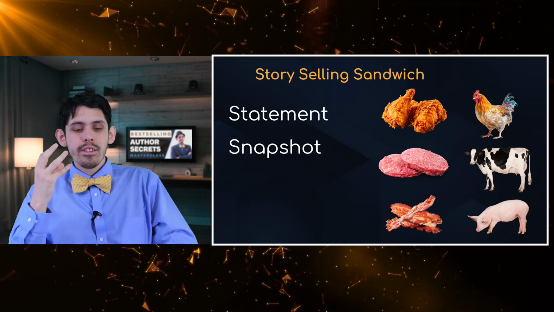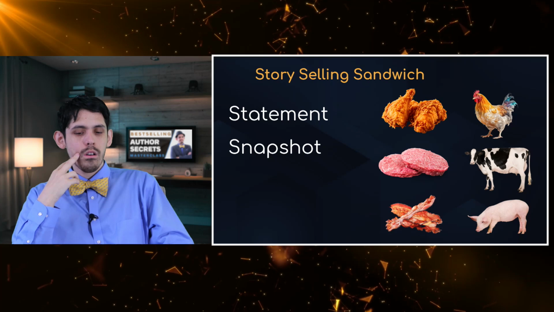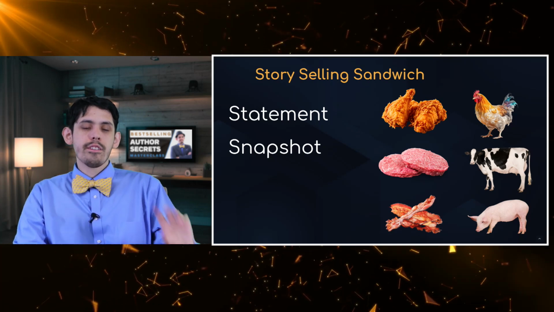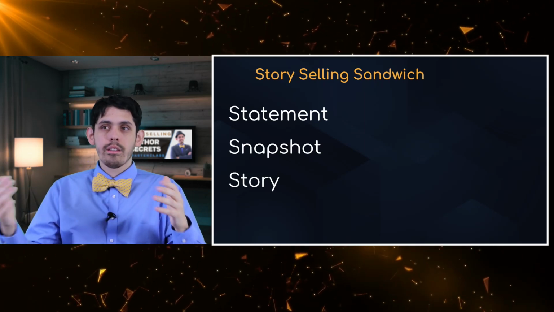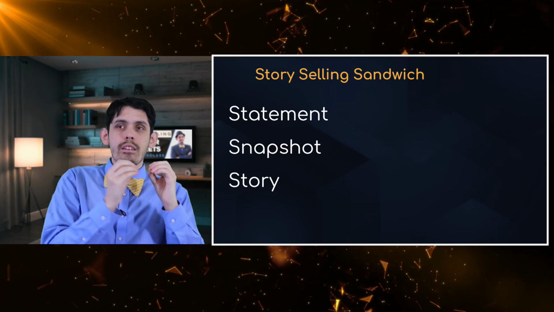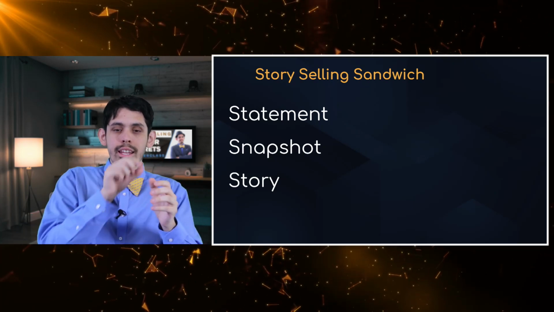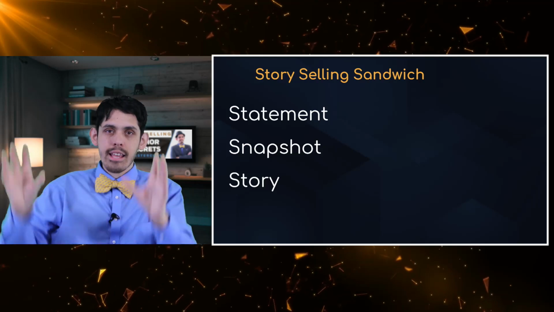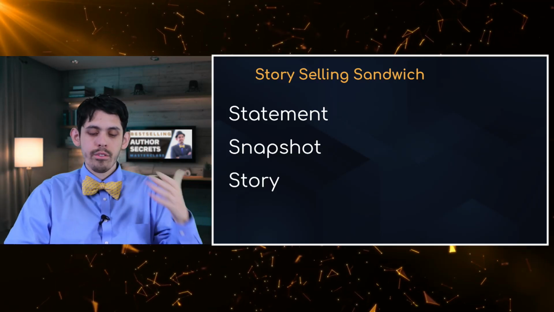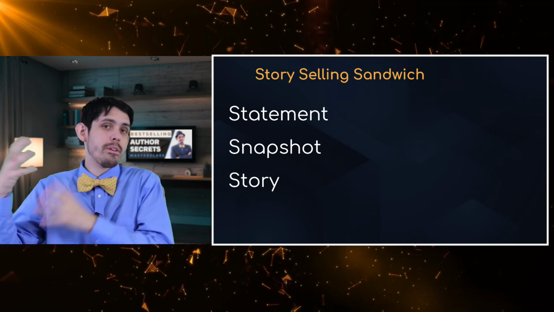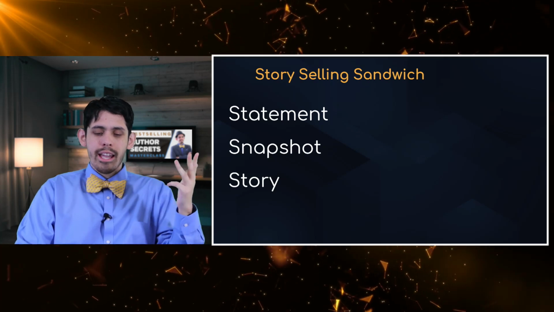So this is now the snapshot, which creates some sort of image in the audience's minds where you're thinking, oh, okay, yeah, these 3. And then here's a story. It can be like a series of events that happen, but really the story is not just the event, the story is the meaning that you attach. The story is, now you're teaching people how to make sense of the imagery that is in their minds, or whatever the subject you're talking about. It can also be experiences that happen. But in this case, he's saying, what are the 3 types of primary animals people eat?